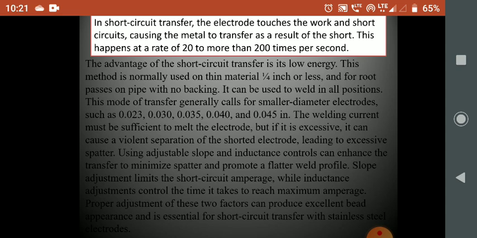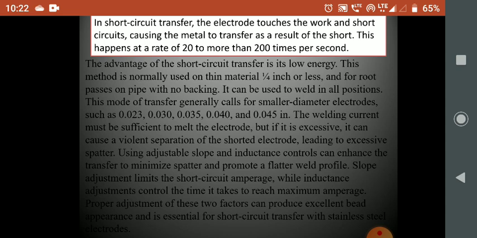And as we saw, as the diameter is less, what will the current scenario be? The welding current must be sufficient to melt the electrode, as the electrode diameter is less. But if it is excessive, it can cause violent separation of the shorted electrode, leading to excessive spatter. So the welding current, according to the thickness of the electrode, can lead to better weld